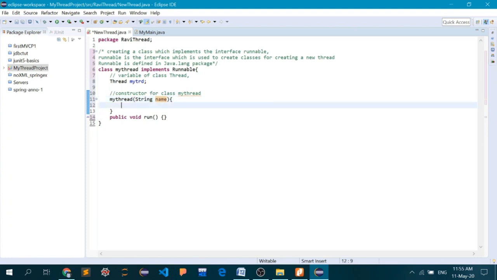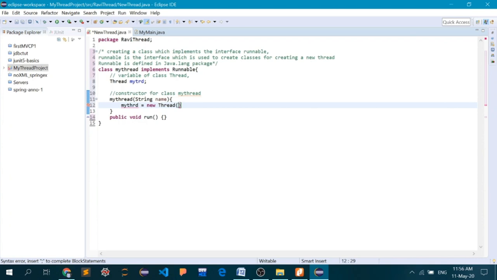Now what we have to do is, we have declared the variable or an object of type Thread, but we have not instantiated it. So I will try to instantiate the object. As you know, we can do this with the keyword new. So new Thread, and the Thread class actually has multiple constructors, but we are going to use a particular constructor implementation which accepts two arguments.